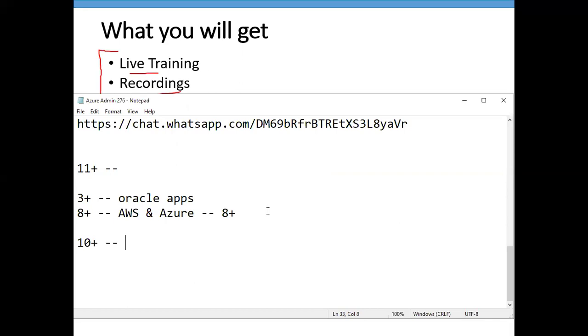One more thing: if you know one cloud, you can easily understand the other clouds also, because the concept is the same in every cloud. Whether AWS, Azure, Google, or any other cloud, the concept is the same. Basic things, a few of them change, but 90% of the clouds are the same. Even some of the terminologies are the same. You will identify a little bit of change in every cloud, but concept-wise all are the same.